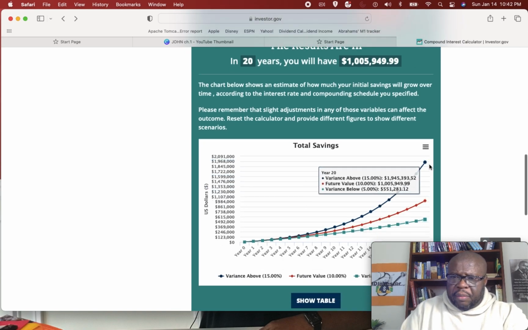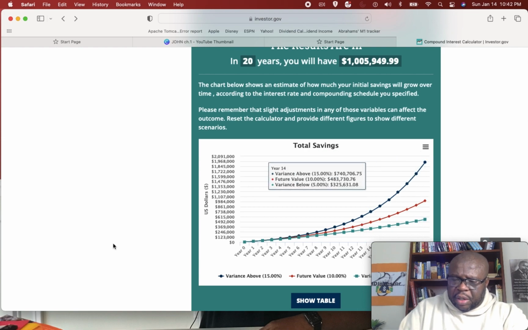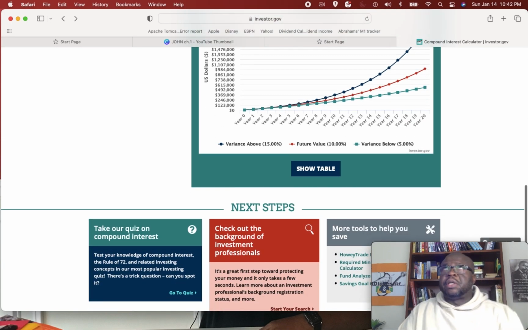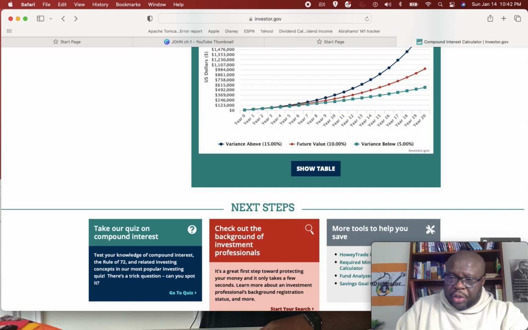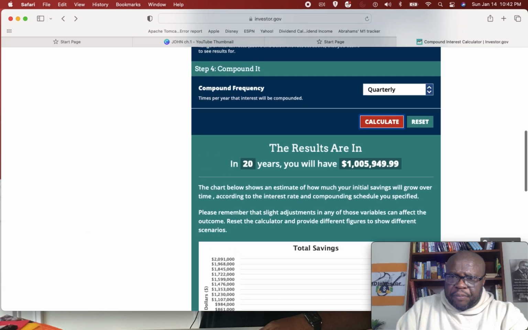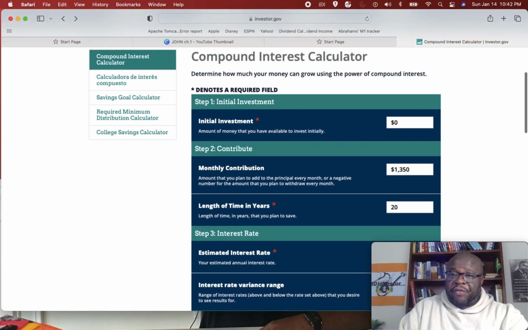Obviously, if you're getting 15% return, you'd be almost at $2 million. But you see, if you want to get to $1 million status in 20 years, you have to invest about $1,400 a month in the S&P 500. But we know that time is a powerful